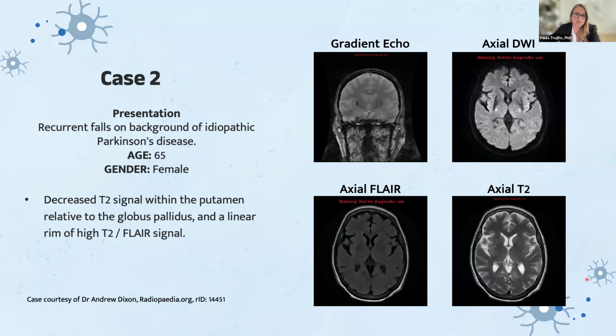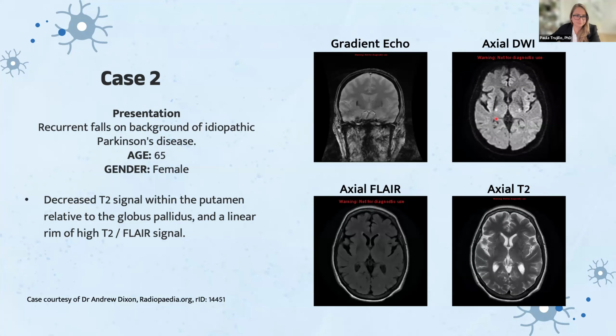Here's another case. This is a 65-year-old female patient with predominant Parkinsonian symptoms. And the clinical MRI showed the T2 hypointensity within the putamen, which was more evident than the globus pallidus. And it also showed what's known as the putamenal rim sign, which just means that there is a dark outline around the putamen. So again, here is a coronal view of the putamen, and this dark area here is the putamen, and here are axial slices at the level of the putamen showing that